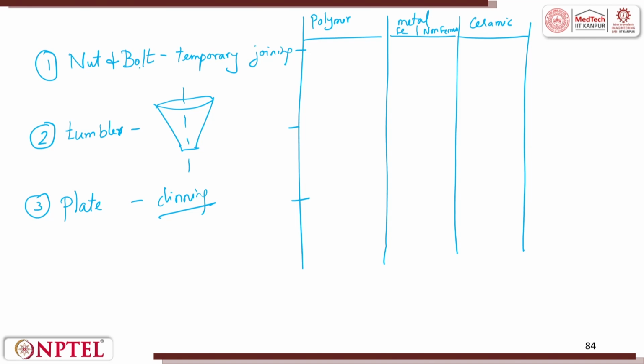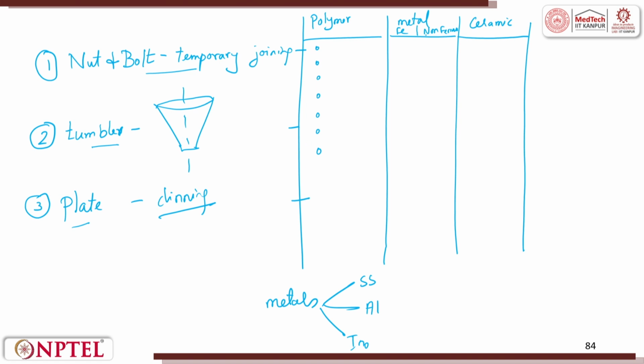For example, you can't make a nut and bolt out of ceramic. So, what I would suggest is, under metals, you should try to take 3 different categories. One is stainless steel, the other one you can take aluminum, and the other one you can take Inconel, whatever it is. You can choose that, and then you list down all the properties which are very important for this application, and for this application. For example, a tumbler should have corrosion resistance, and a tumbler should be light in weight. If you decide I will make it by polymer, it is okay. Then please justify all the reasons.